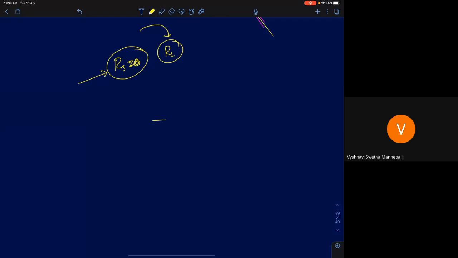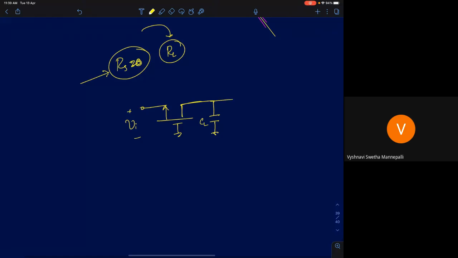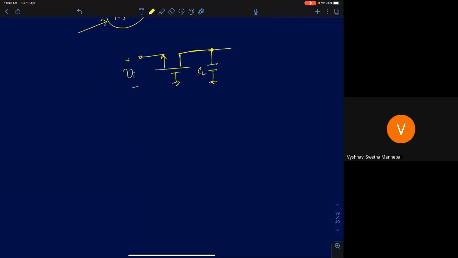Now let's start with the common gate amplifier. If you want to study the common gate amplifier, you'll have the input applied at the source terminal. Again, I'm assuming only one capacitor at the load terminal. It will be CL here. So let's consider R naught only. I have not even included RL yet. So can you tell me, apply the procedure of short circuit transconductance? Apply that procedure and you can tell me what the voltage gain is.